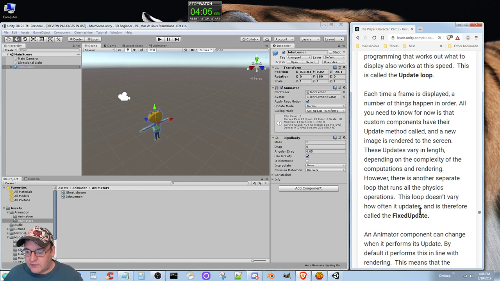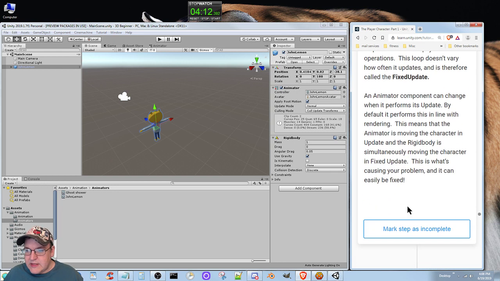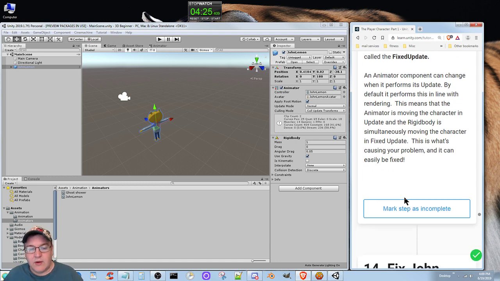This loop doesn't vary how often it updates. It's therefore called the fixed update. An animator component can change when it performs its update. By default, it performs this in line with rendering. This means that the animator is moving the character in the update, and the rigid body is simultaneously moving the character in fixed update. This is what's causing your problem and can be easily fixed. Okay, so